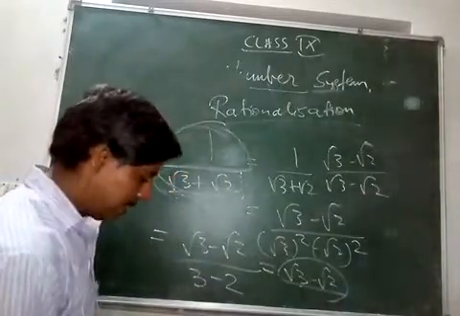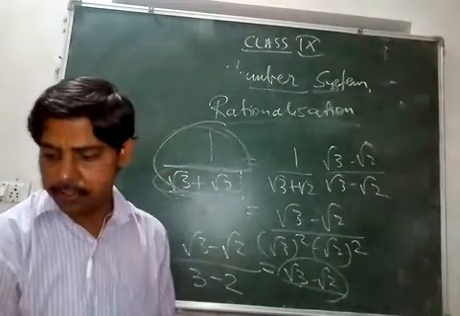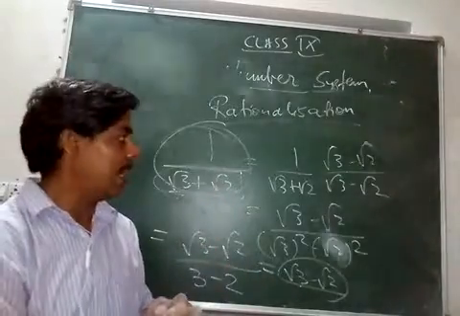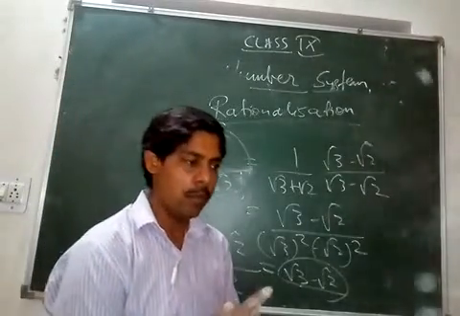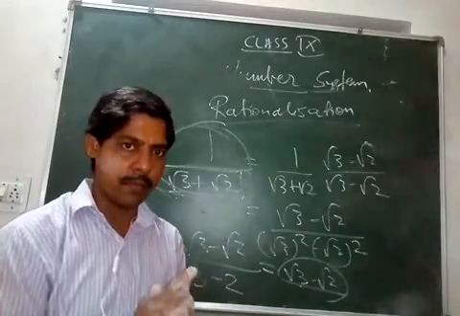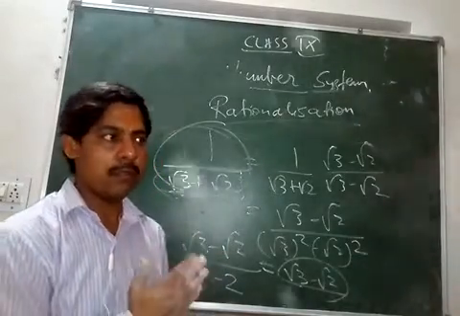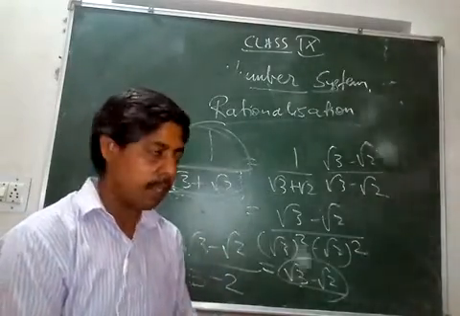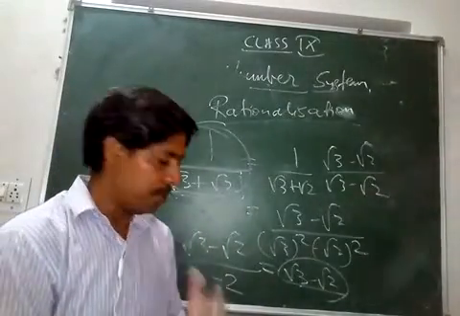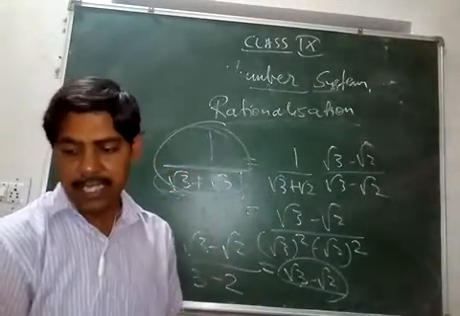Right? So what you should do now is complete exercise 1.5 based on this, and all the identities that were taught to you in lower classes, like a plus b whole square is equal to a square plus 2ab plus b square, a minus b whole square is equal to a square minus 2ab plus b square, and a plus b times a minus b is equal to a square minus b square. You should try and use them in exercise 1.5.